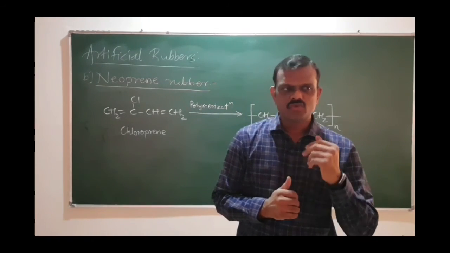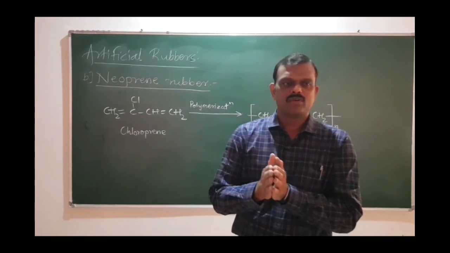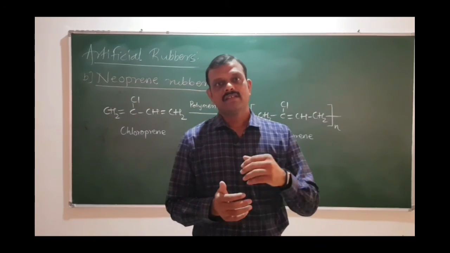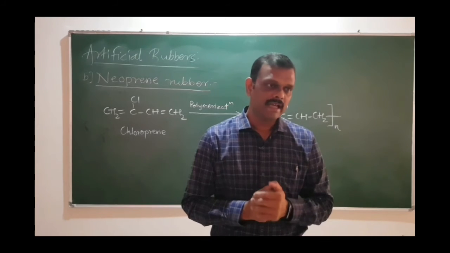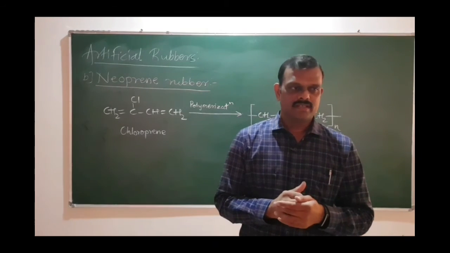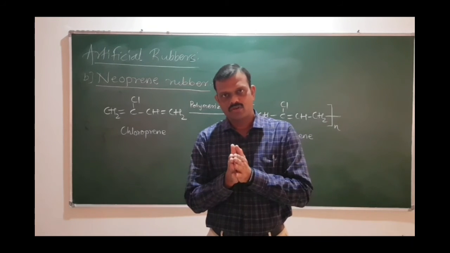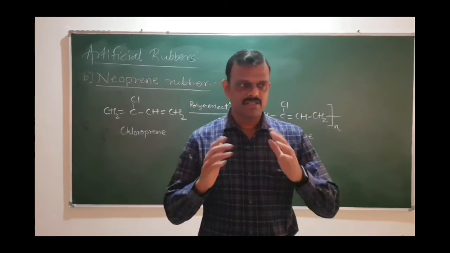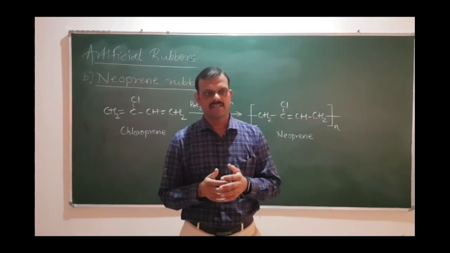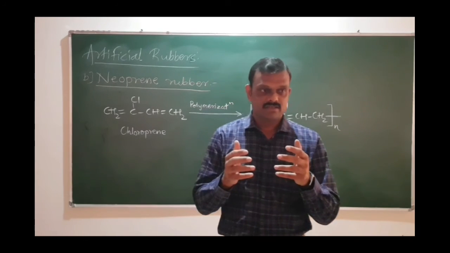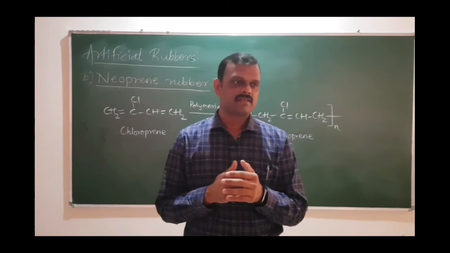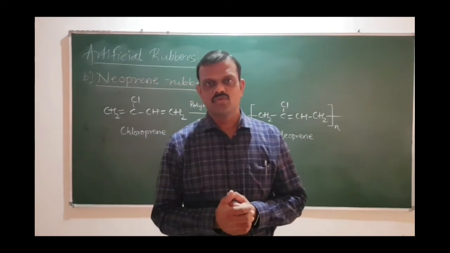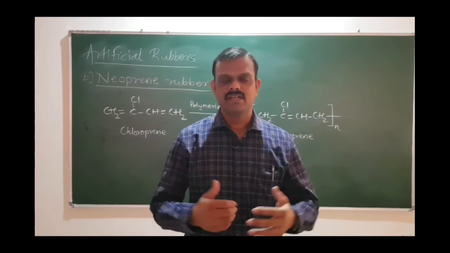Hence, it is used in the preparation of hose pipes through which air or oil passes, as well as it is resistant to heat and light. Hence, it is used in the making of transport of gasolines, as well as making gaskets which are used in the engines. It is used for manufacturing insulator cable jackets, as well as belts for power. This neoprene is used in the preparation of conveyor belts.